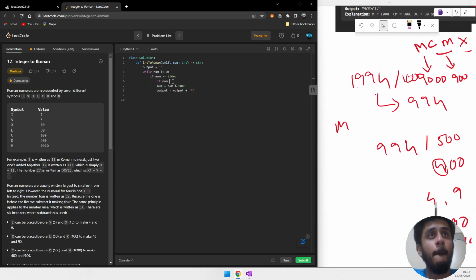Num, that should not work. This should be good enough. Let me try the normal ones first. If num greater than or equal to 500, num,